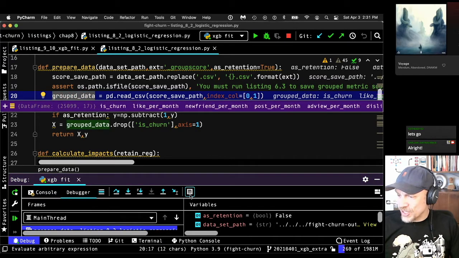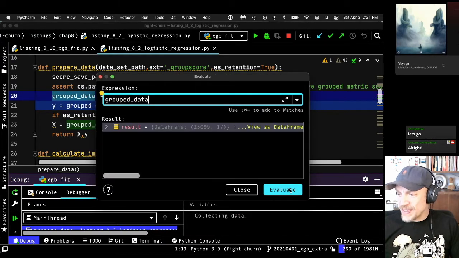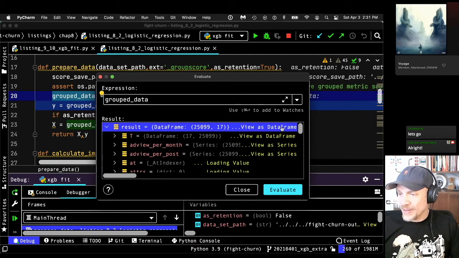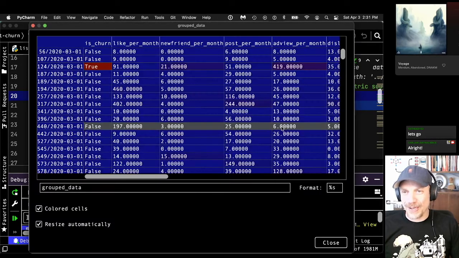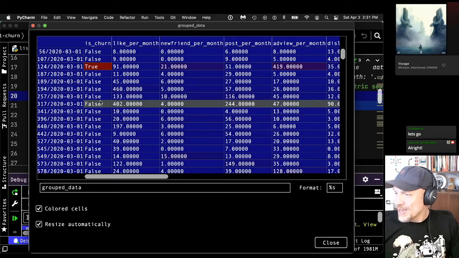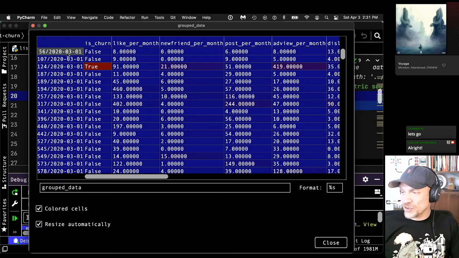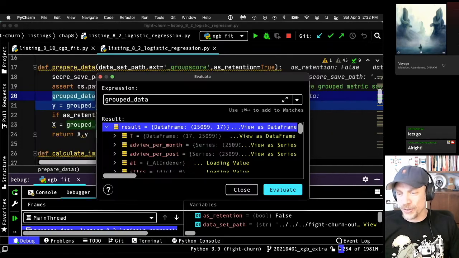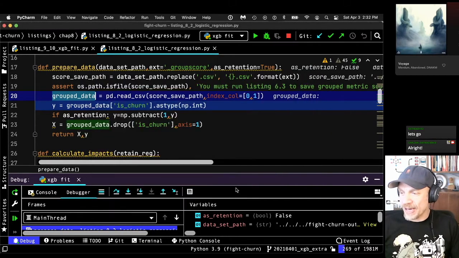We can actually check it out. And you can see that this contains the same data. Sometimes this crashes my computer too, but it's all behaving nicely today. So this is the same data we were looking at just earlier in the stream. It's got the is churn column telling us who churned and all the metrics we were looking at. So this is exactly the same data we were looking at earlier, but now it's in memory in Python.